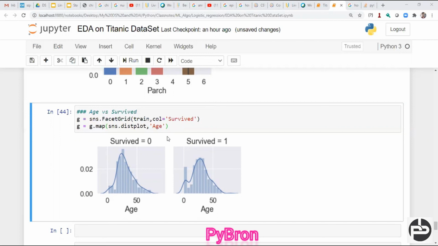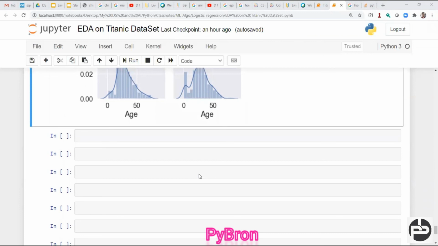Some skewness is there, let it be, but in the Titanic survived dataset, we have some outliers in age also, that we already know. So this also has some skewness. So what we can do is normalize the data, or we should remove the skewness first. Two things you can do, and whatever works, you can do it.